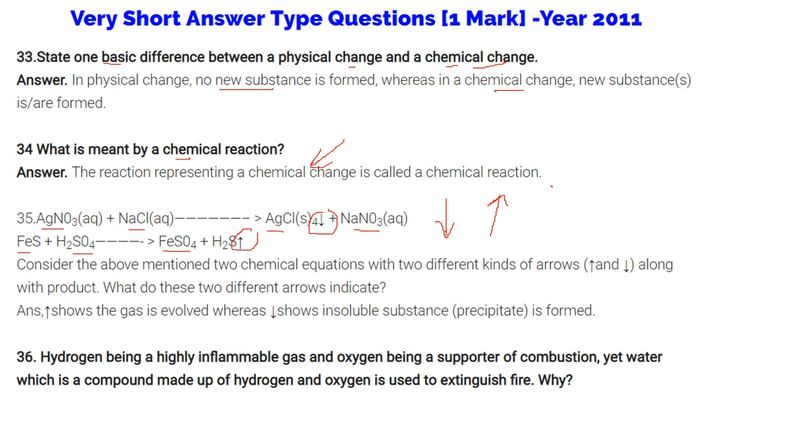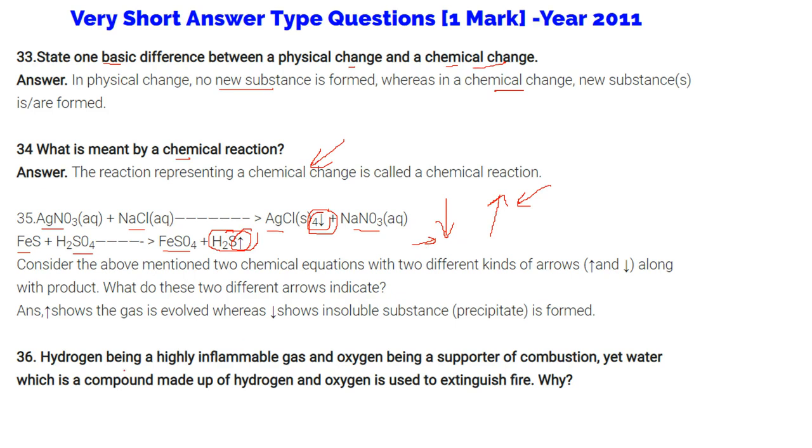First of all, let us see this. This shows that a gas will be liberated or it will be evolved. You see this, hydrogen sulfide. So this is evolved. This sign shows that an insoluble substance in the form of precipitate, which is insoluble in